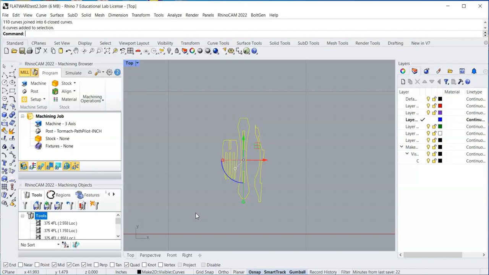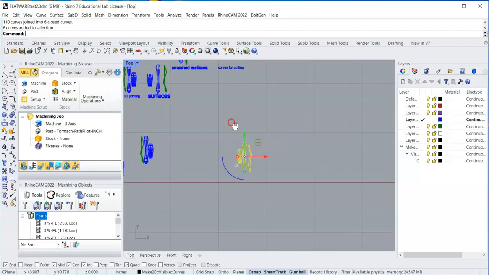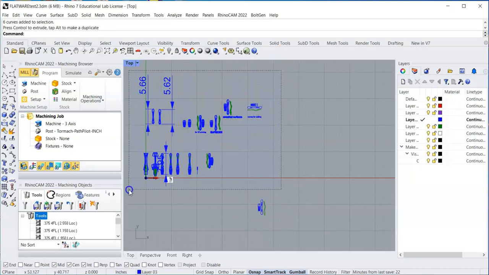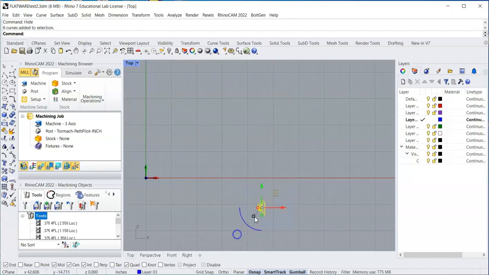Nothing? Okay, all right. So the next step would be to get this ready. If we want to create a prototype here, I can get this ready for milling here. So I'm just going to hide all this and just keep this